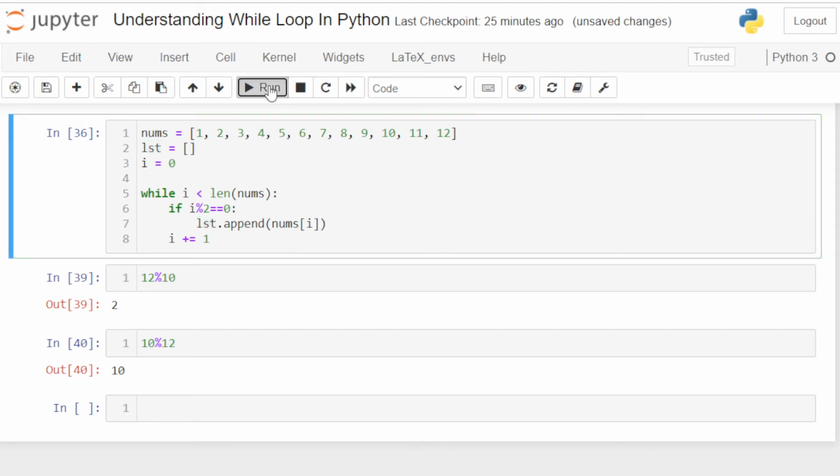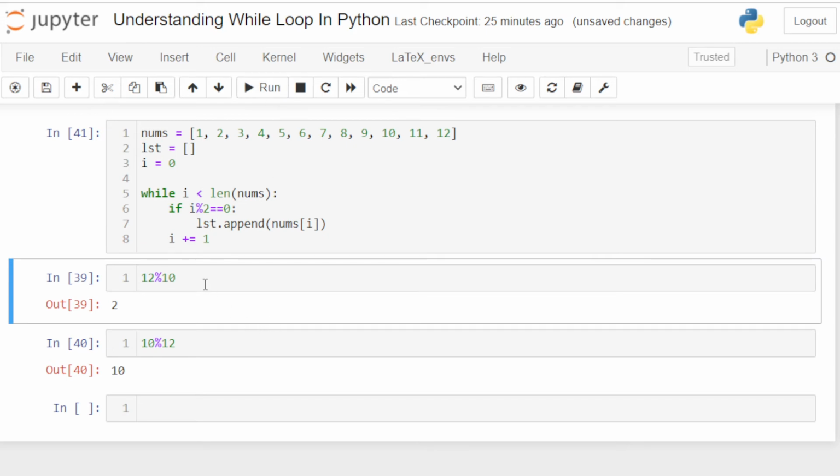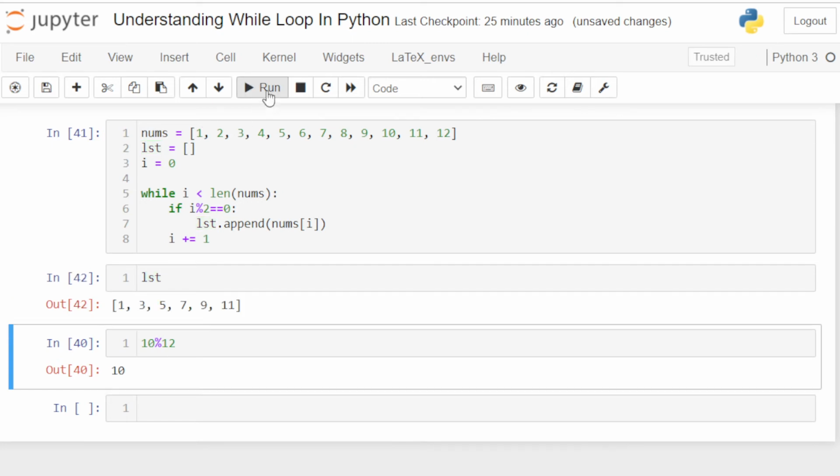I run it. Now I want to see what is inside the lst variable. I run it. I have numbers 1 through 11. I have all the odd numbers. Now if I want even numbers, what I need to do is something called